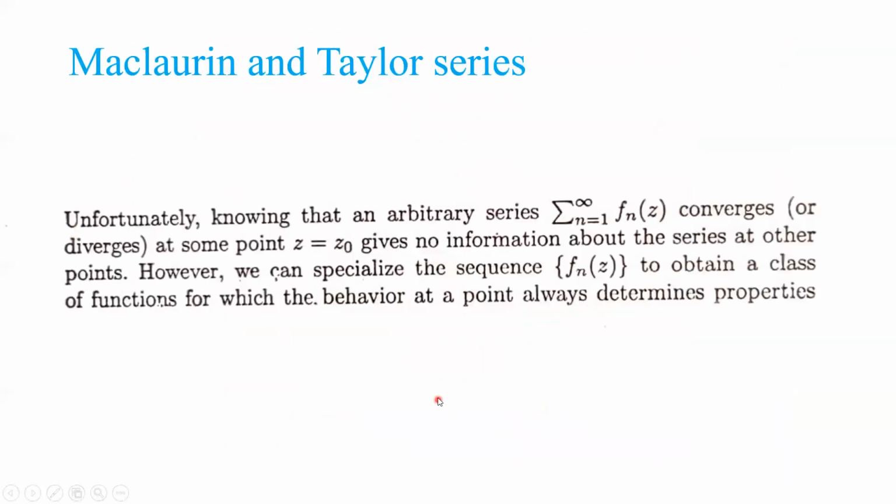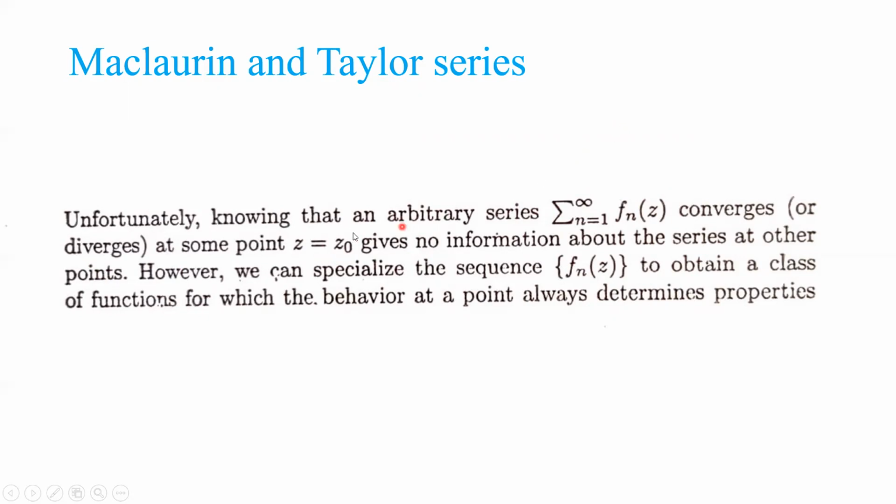Now I will be defining something called Maclaurin and Taylor series. So unfortunately, knowing that an arbitrary series summation n equal to 1 to infinity f_n converges or diverges at some point z equal to z naught gives no information about the series at other points. Suppose you know this series converges at some point z naught. With this information, you cannot say whether it will converge or diverge at some other point on the